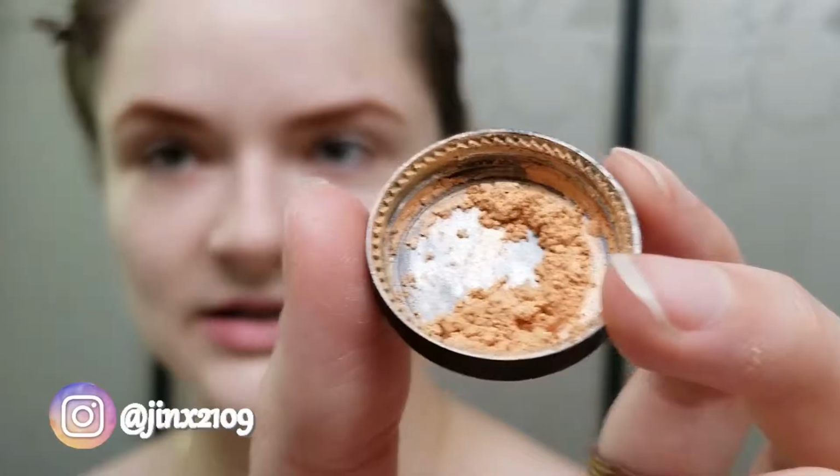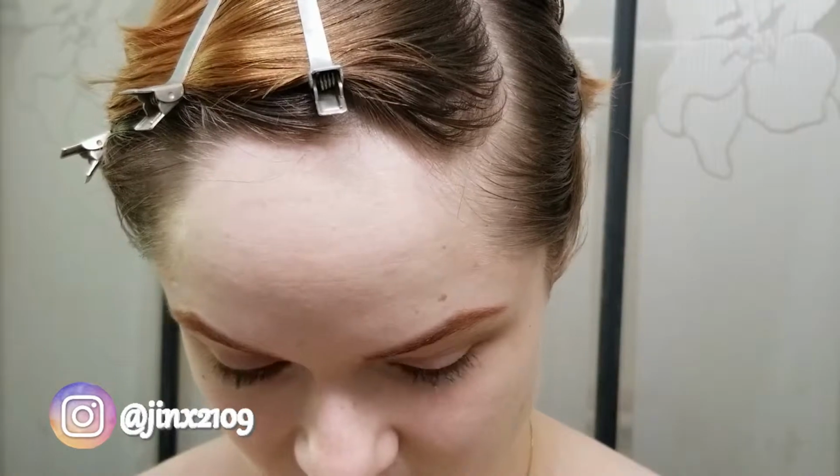So I am going to start off with a Shiro Cosmetics eyeshadow. Sorry, all my products are so dirty and used. They're not dirty, it's just they're well loved. Gorgeous, peachy, very subtly shimmery color. Wetting my brush